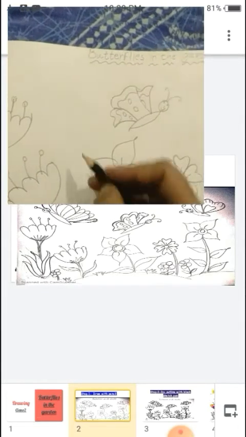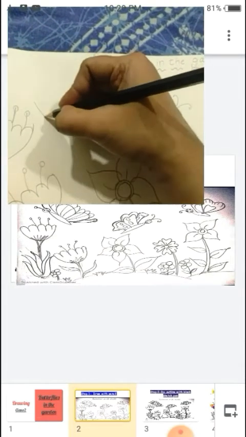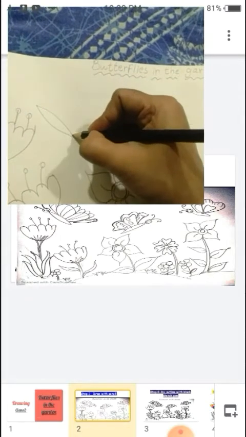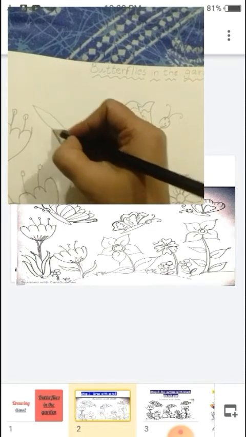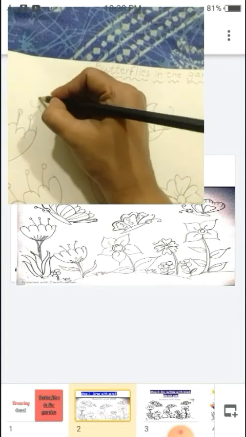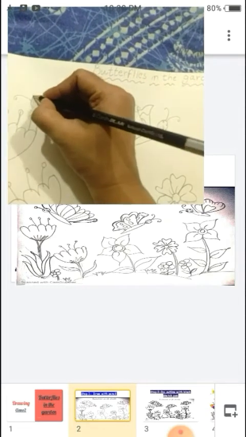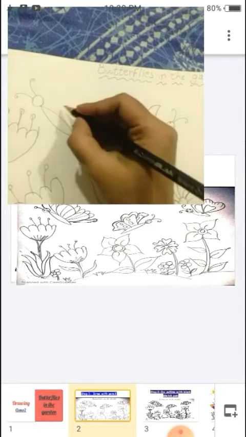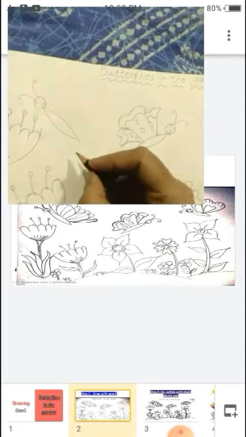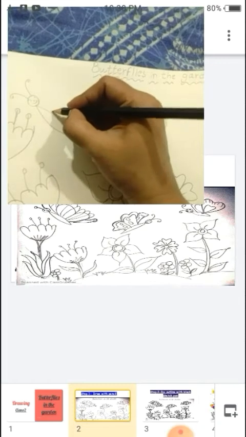Okay, now one more little big butterfly I am going to make. This butterfly is going to fly over, going to sit over this big flower. Again I made a curve, okay, a small leaf-shape body of the butterfly. Afterwards a small circle, that is the head of the butterfly. Then two antennas. Never forget to put antennas on the butterflies. Then eyes, nose and a small smile face. Okay, here also, here I am going to make different wings.